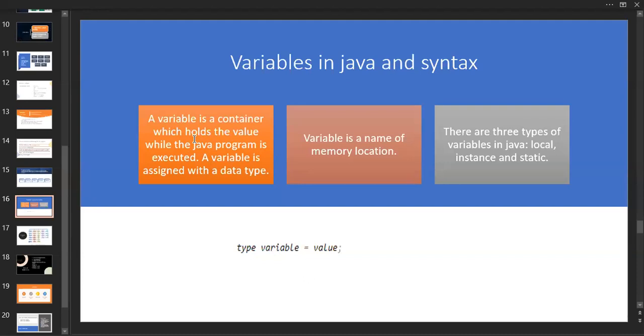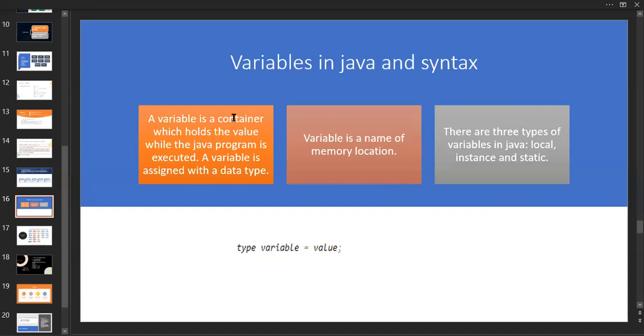If it is a primitive data type like integer, with a variable name i equals 2, then it is holding the value 2 while the Java program is executed. At the time of execution, this container holds a value once we declare and initialize it.